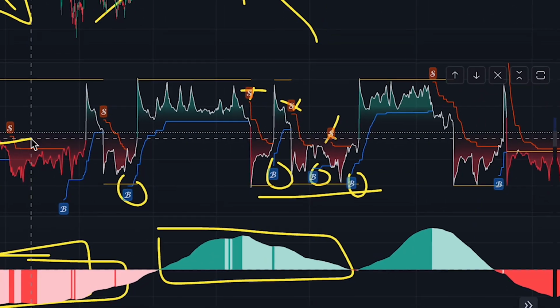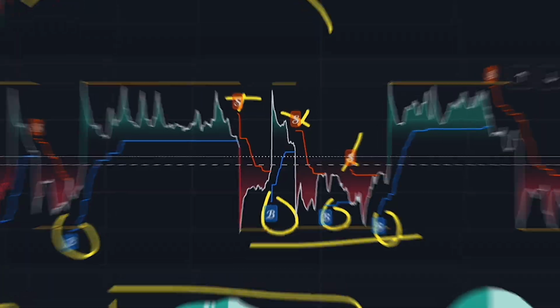Please pay attention that this strategy is a trend following strategy, and in times that a reversal is happening in the market, you may get bad signals like these, or especially when the market is not trending, you may encounter false signals. So you need to